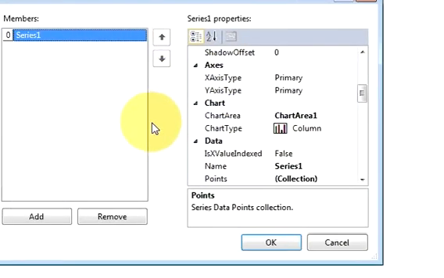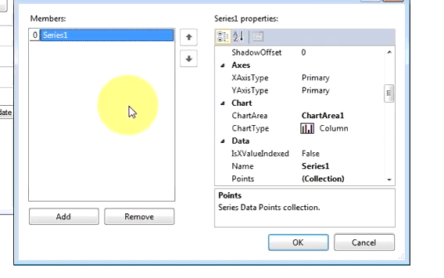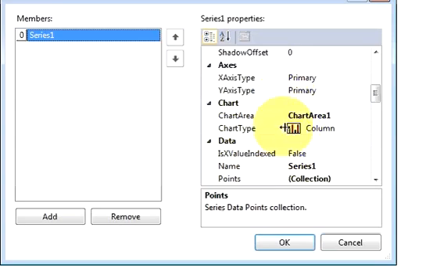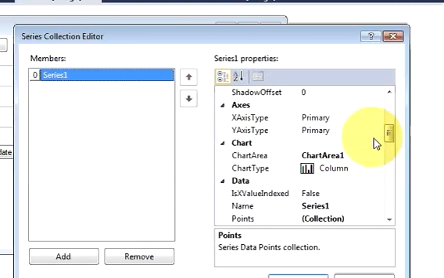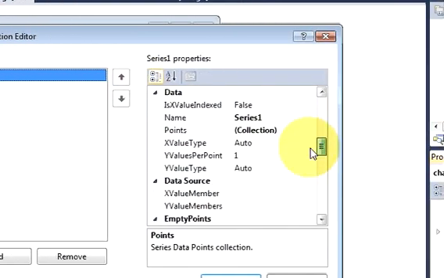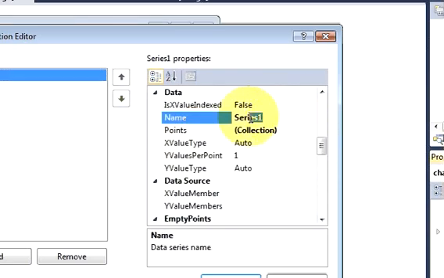So for example, you want to show the name versus age chart of column type, so it will show bars on your chart, right? And I want to change this series name as age, so I will go to the name here and I will change it to age. Okay,